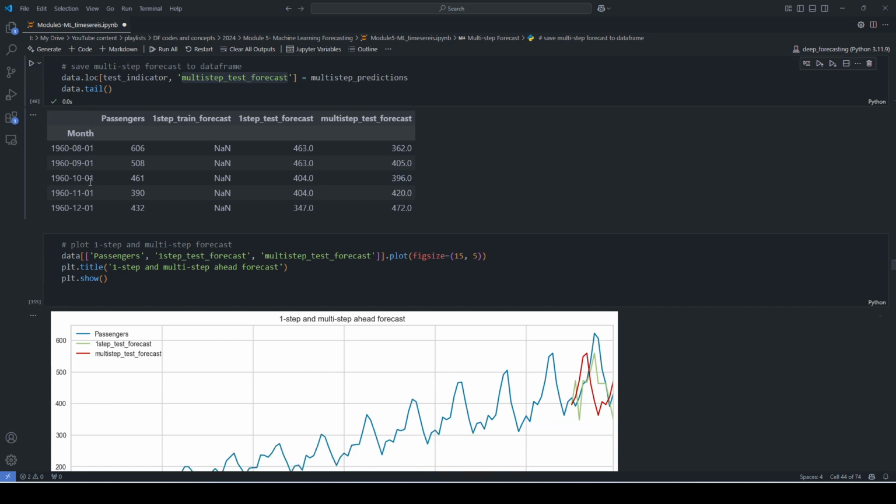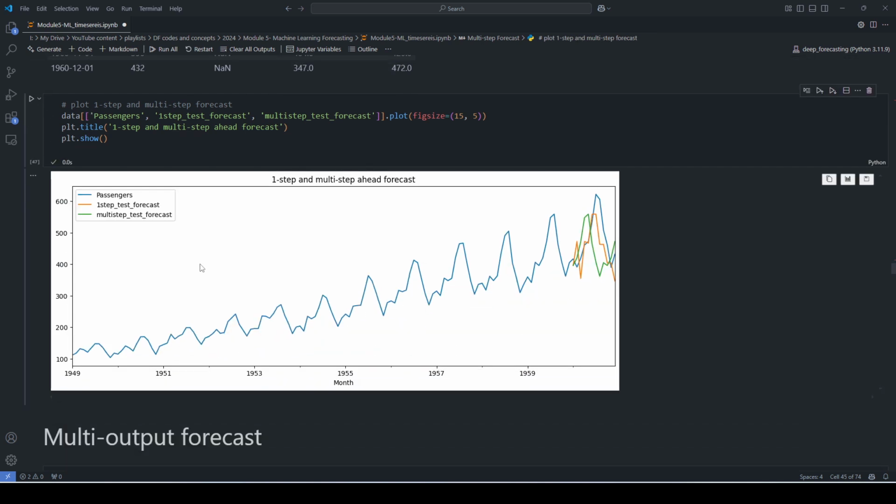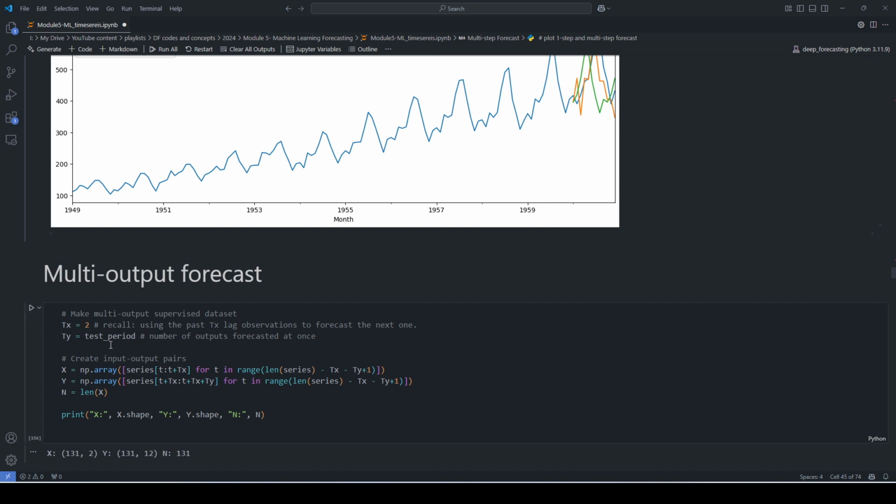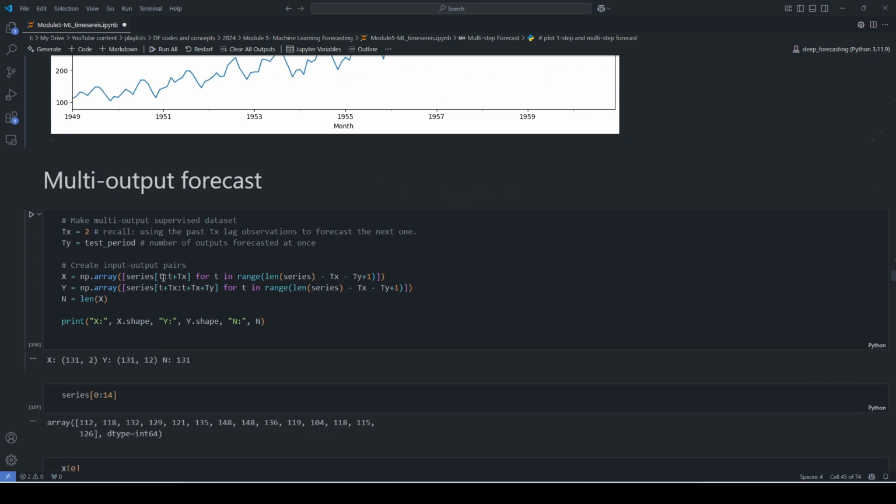So let's go ahead and create this data frame, and we can visualize it, right? So this is the difference. For example, the blue one is the actual in the test set. The orange one is the one step ahead forecast in the test set, and the green one is the multiple step ahead forecast in the test set. And because we go all the way to the last observation in the test set, we can go ahead and report the performance metrics. I'm going to do that later, but before that, let's talk about